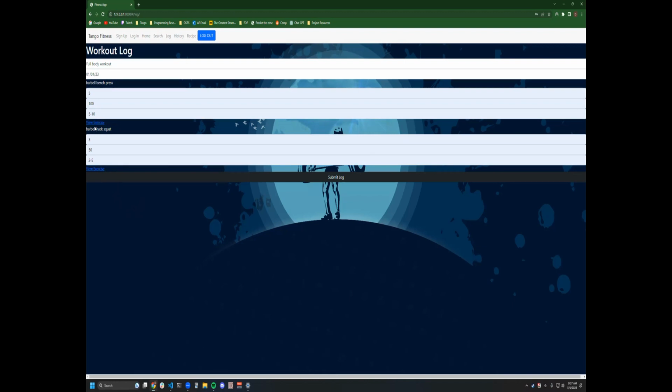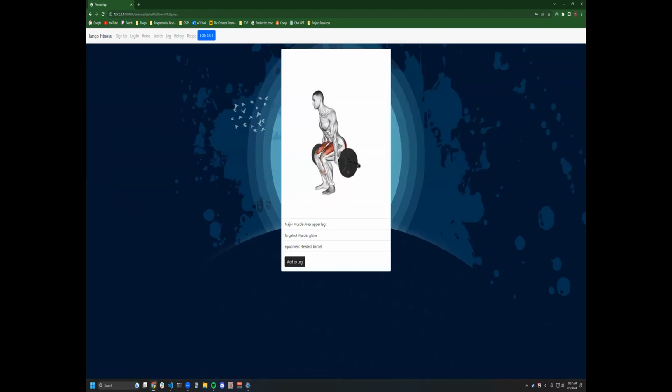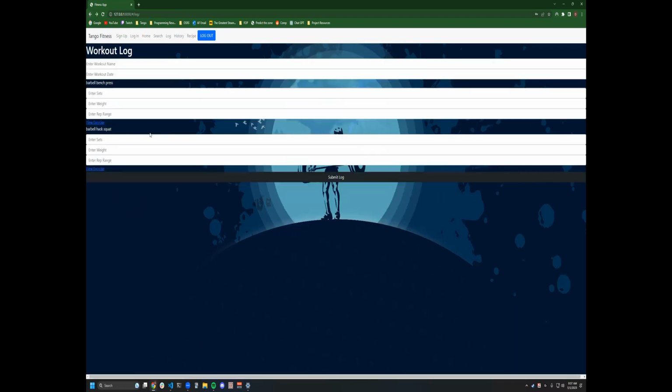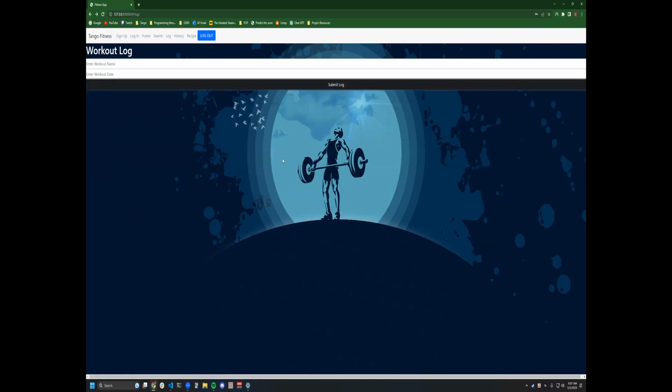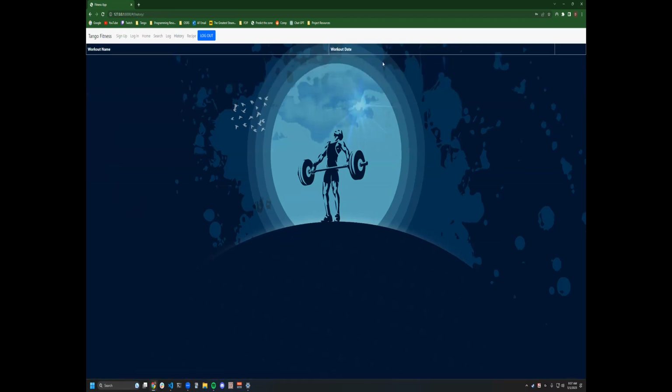You can also go back to view the exercise from the log page, and then back here. Submitting this log submits it to the backend, and now in your history page,